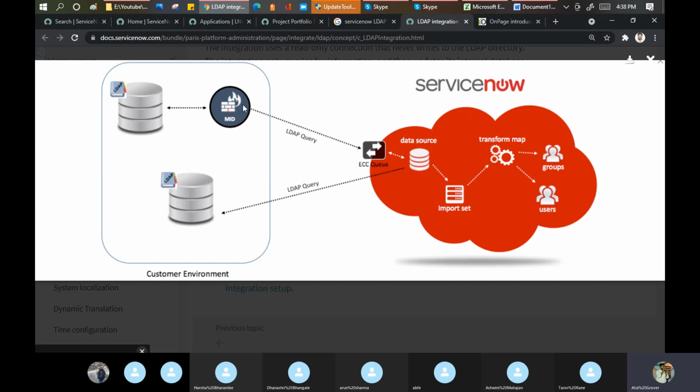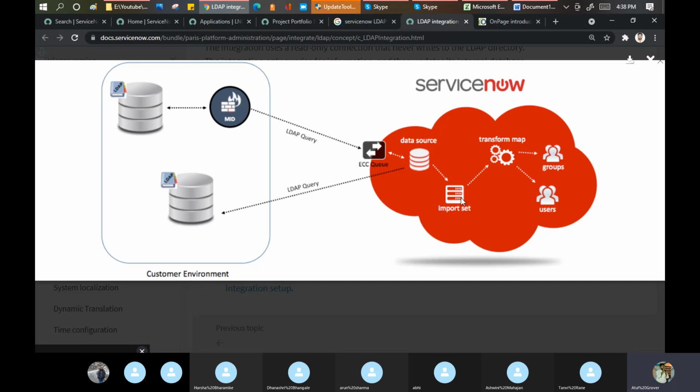So I put a MID server here. My customer says that if you directly access my system, you can breach it and take a lot of data. So put the MID server in the picture. From your ServiceNow, send a command. This is called the ECC queue. It will take some information: go and see who is at the door, he is the Amazon guy, okay, go and bring the packet. Then it goes there, brings the packet, comes back and puts it into ServiceNow. That is the way the MID server and LDAP integration actually work.